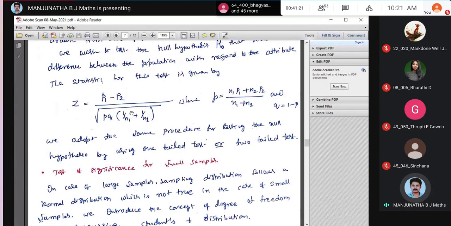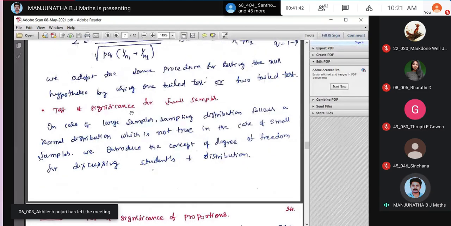So you go through the problem. What I have, what he has given, you have to look at that. Then you get an idea. Two means given, difference of means given. First write that down, write it as the given part. So that we can conclude finally with a test, one tailed or two tailed test.